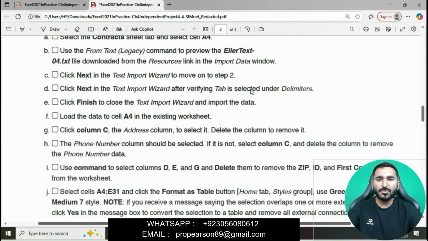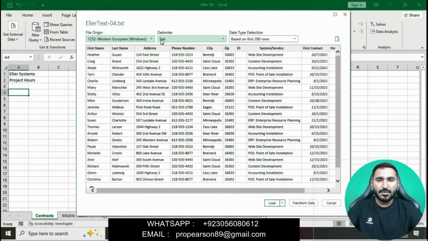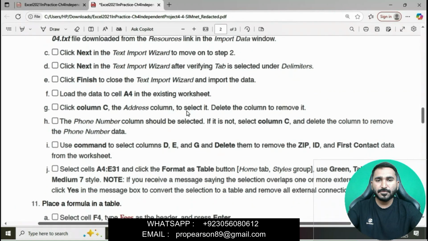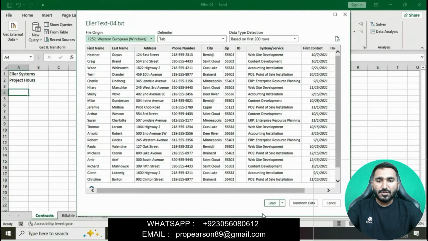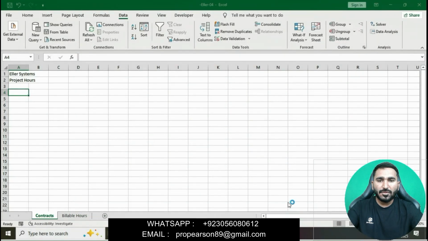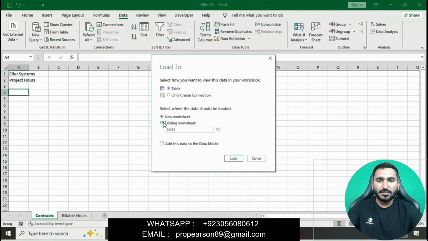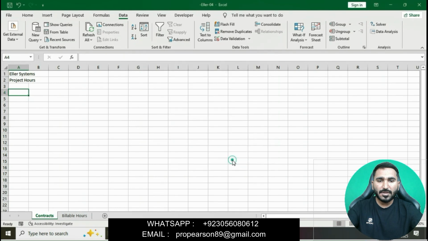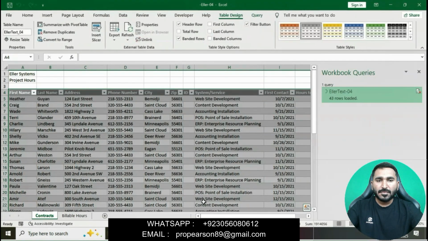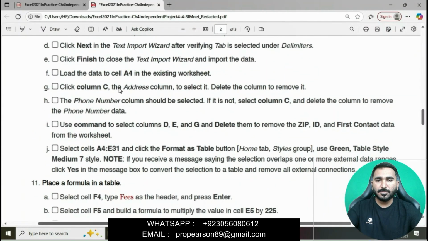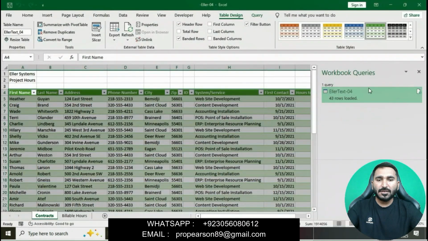Click Next again, and after verifying Tab is selected under Delimiter, click Finish to close the Text Import Wizard and import the data. Choose Load To, then existing worksheet, and load it.